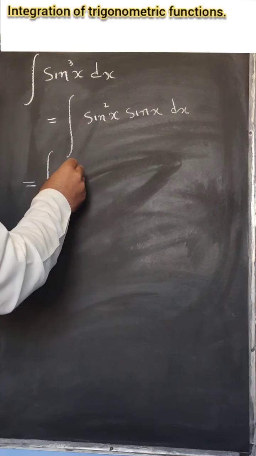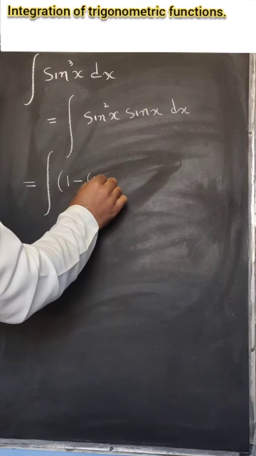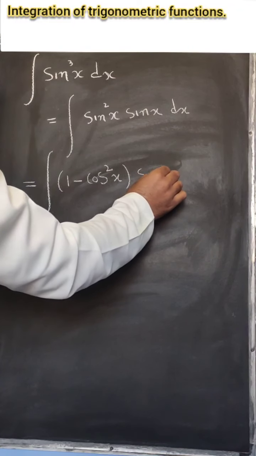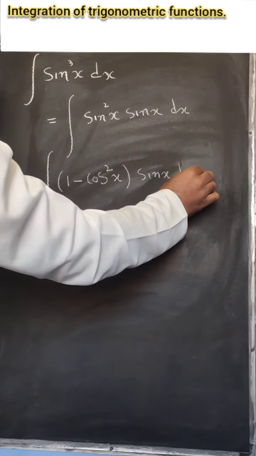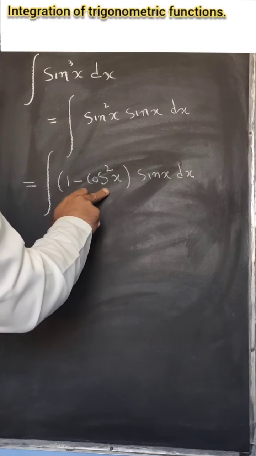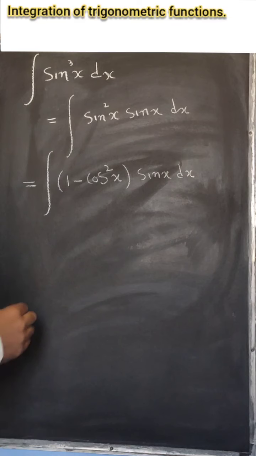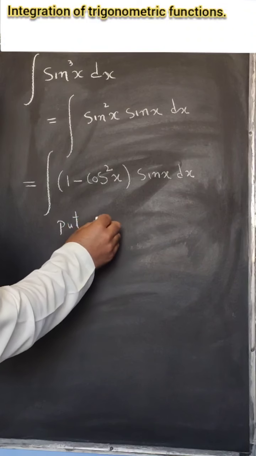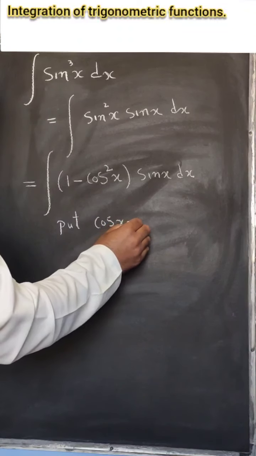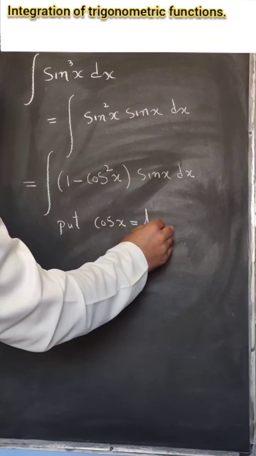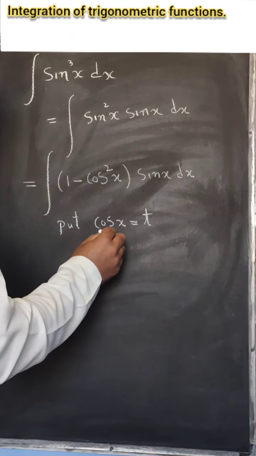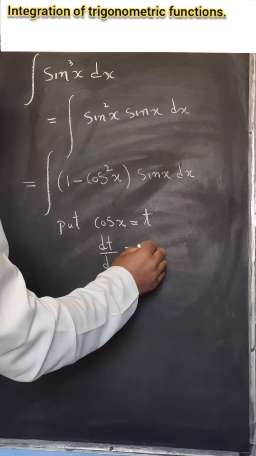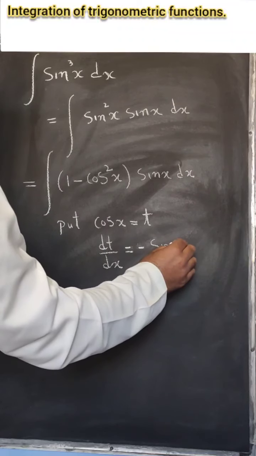But that is further equal to, instead of sine square x we can write 1 minus cosine square x into sine x dx, as we know that 1 minus cosine square x is equal to sine square x. Now put cosine of x equal to t. Differentiating t with respect to x, we get dt by dx is equal to minus sine x. Differentiation of cosine is minus sine,